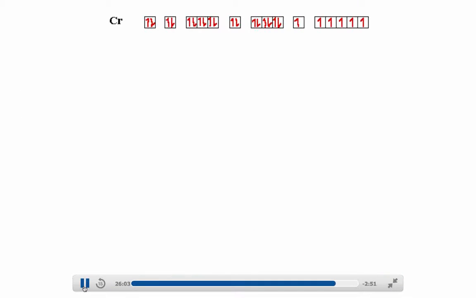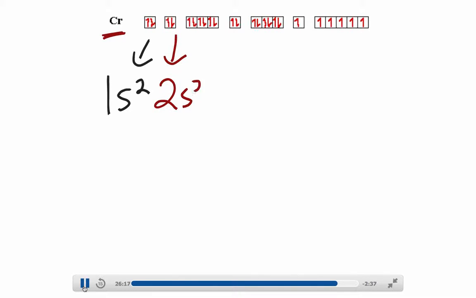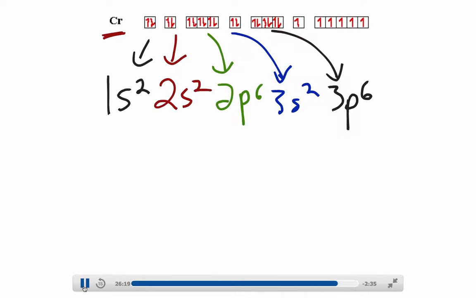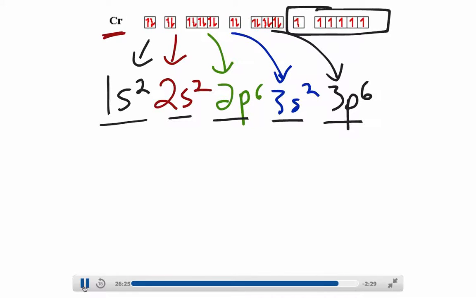So I'm going to do just one more here, and it's for chromium. The reason I'm doing this one is because it's an exception to some of what I just told you. If I write the full electron configuration, it's 1s2, 2s2, 2p6, 3s2, 3p6, but then notice something funny happens here. What we have is 3d5